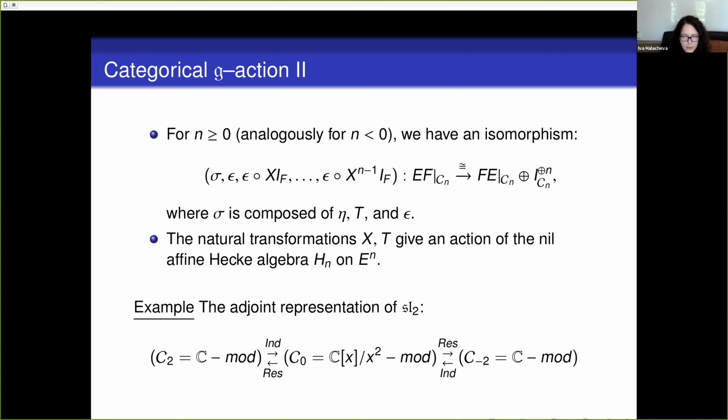And so here's an example of its adjoint representation. So we have each of the weight spaces here replaced by a certain category, and the raising and lowering operators are replaced by, in this case, induction and restriction functors. And these give us an honest SL2 categorification of this representation. And so I'll get even sketchier talking about the more general setting, but